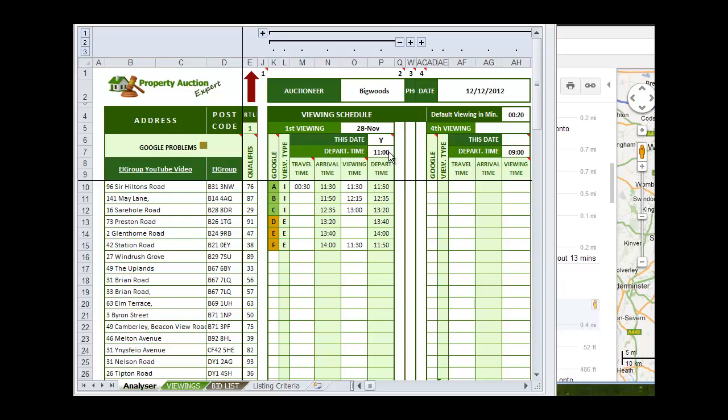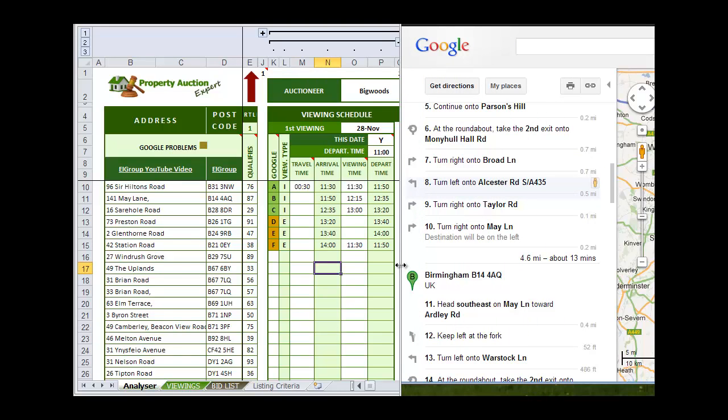I've left home with my office at 11 o'clock. I've spent half an hour travelling, and I've arrived at 11:30 in time for the 11:30 viewing, and I will depart this viewing at 11:50, 20 minutes later. Then, according to the Google itinerary, it will take me 13 minutes to go from A to B. So I will enter 13 minutes into this column,